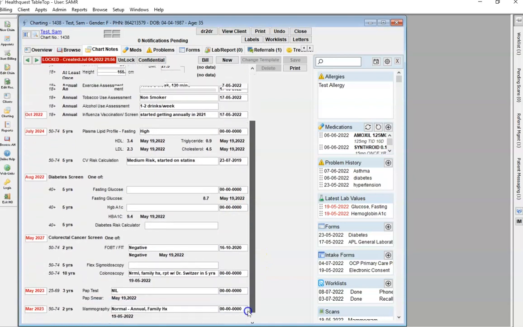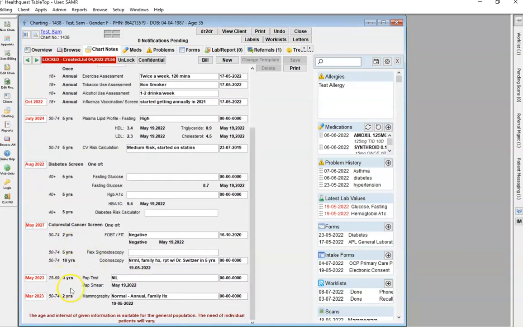And if we continue scrolling down, the cancer screening section here, so we have the colorectal cancer screening, when it's next due, and then we can populate the FIT test value and date. And then if we have a colonoscopy scan type, we can populate that date as well. Same goes for the